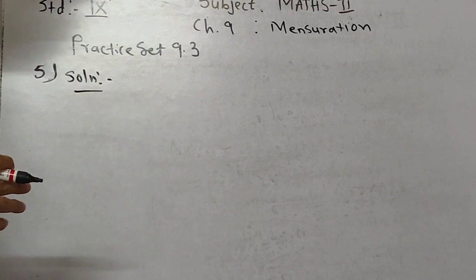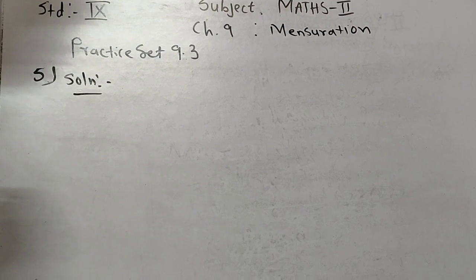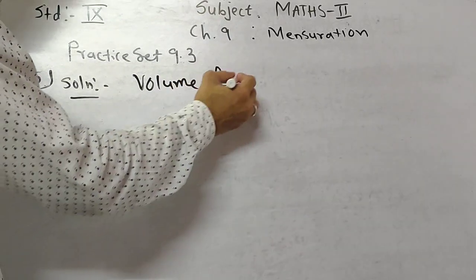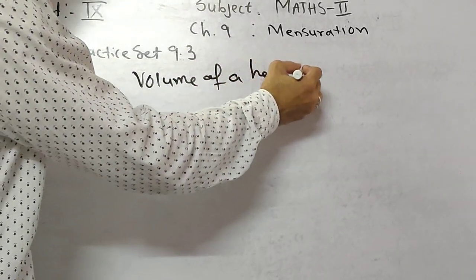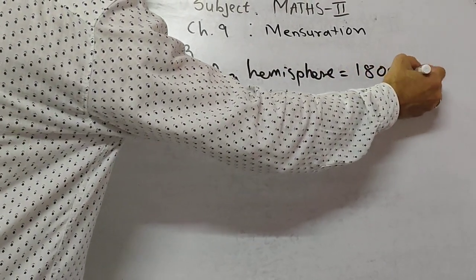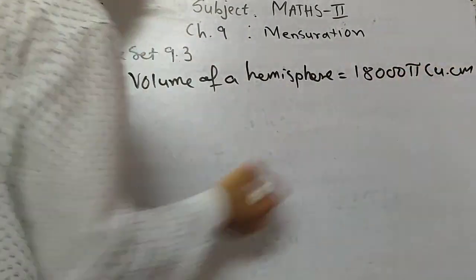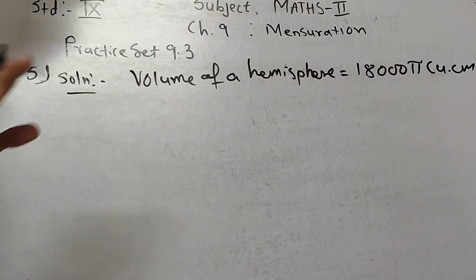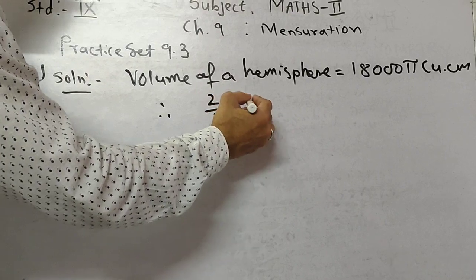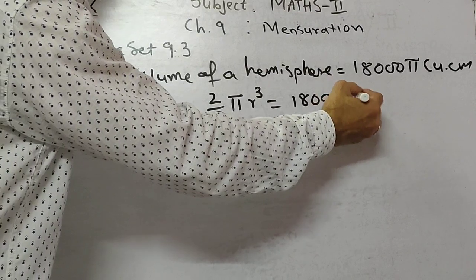Okay, now come to sum number 5. This is the last sum of this practice set. Sum number 5, volume of a hemisphere is 18,000 pi cubic centimeter. Okay, volume of a hemisphere is given. Hemisphere, half sphere. So volume of hemisphere, you know, 2 upon 3 pi r cube is equal to 18,000 pi,